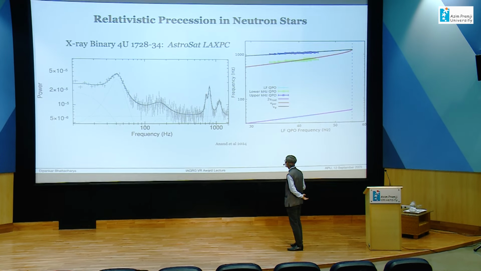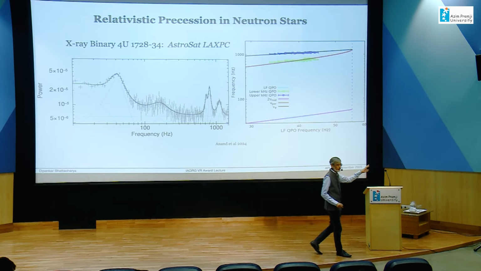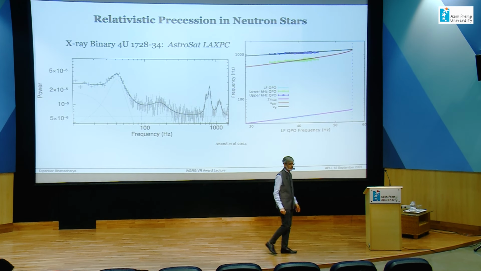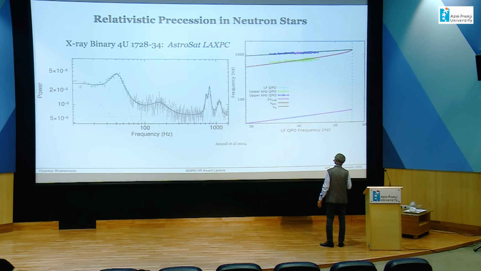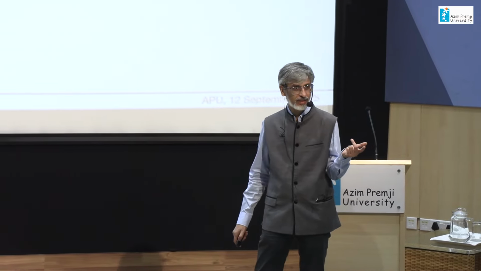There is a fourth one here, which is actually this one beating with the spin of the neutron star and then producing another peak. So that is not an independent oscillation. So there are 3 identified independent oscillations, just like in the black hole case. So this troika can then be used to plot a similar diagram, and these lines are the expected relationship from the relativistic precession model, and you can see that they fit reasonably well. So in the case of neutron stars, this produces a constraint on the moment of inertia of the neutron star and the mass.